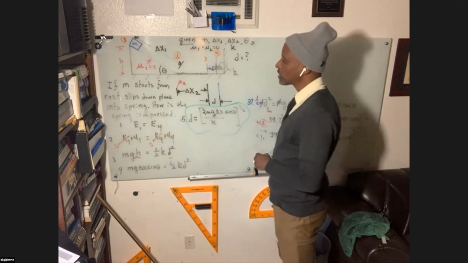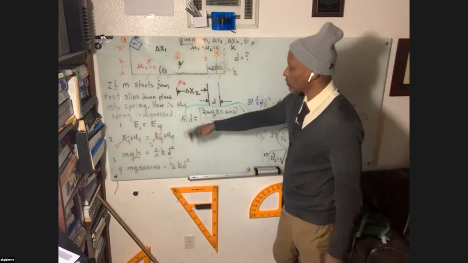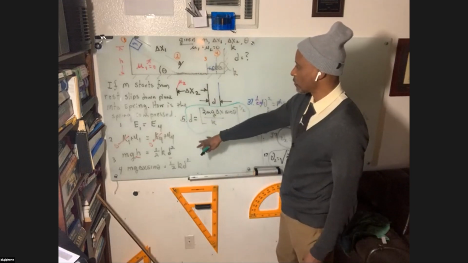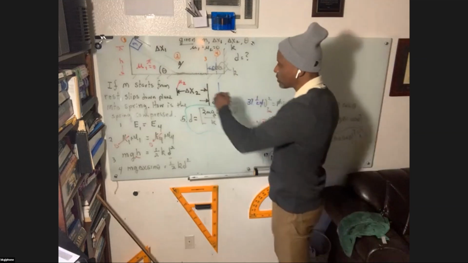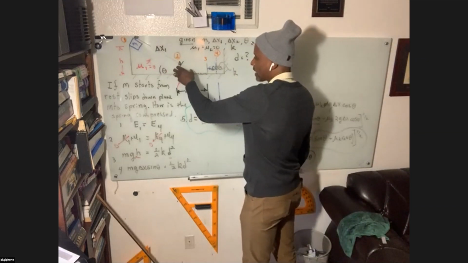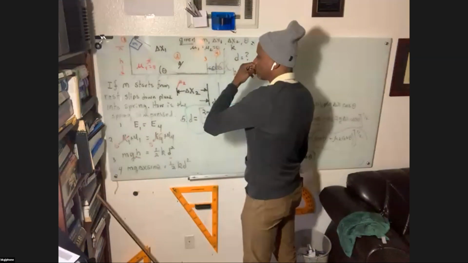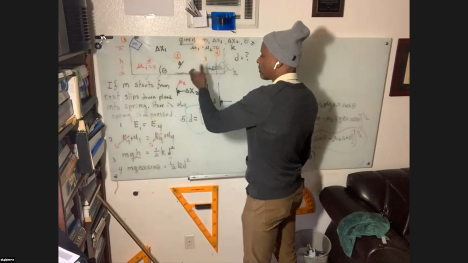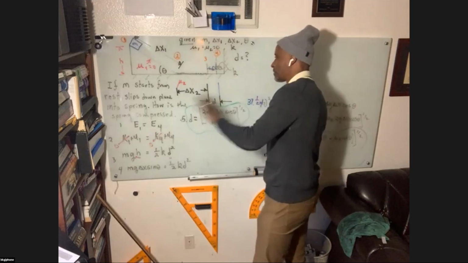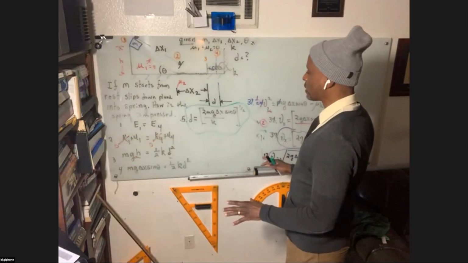Now, the way the book is teaching you, this part would be the same if there's no friction. But if there is friction, then I believe what you have to do is go through and calculate, kind of piecemeal it to some degree. Maybe not. You can still do the work there, but I don't know. I don't even want to talk about it because the way that I approach it is,